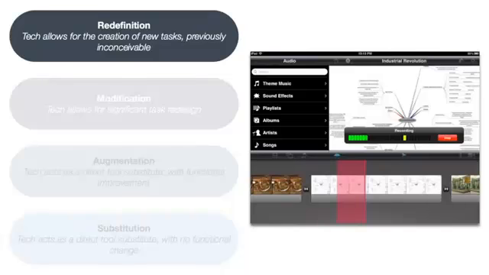And that step further is the redefinition level. And at the redefinition level, what we have now is what happens when we say, well, what happens if we replace part or all of the old tasks with new tasks that are uniquely made possible by the new technology that allow us to accomplish educational, pedagogical goals that we never could have before, we never thought we would be able to reach before. So maybe now we take that essay we were writing before, and now we say, well,